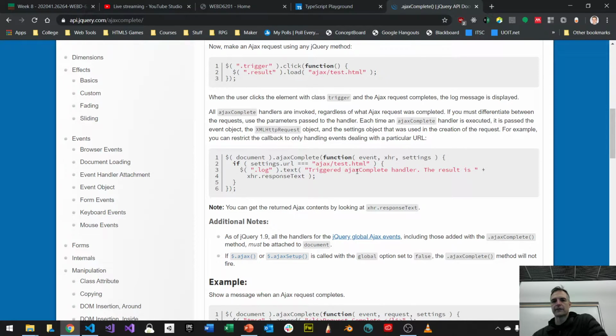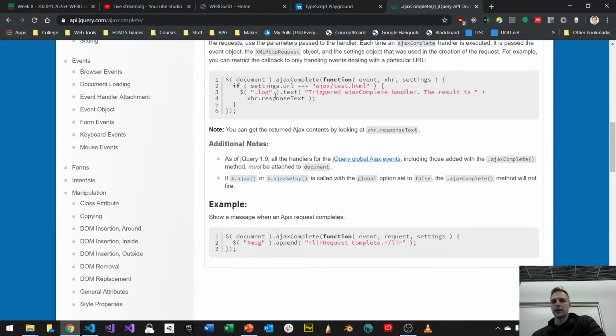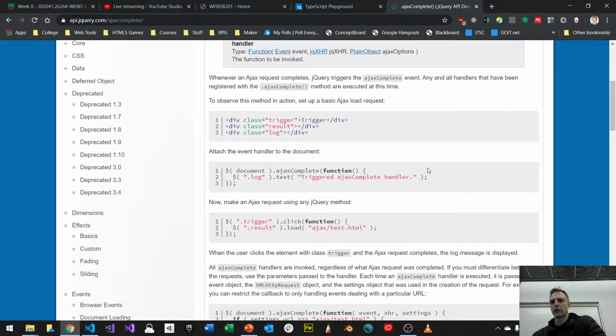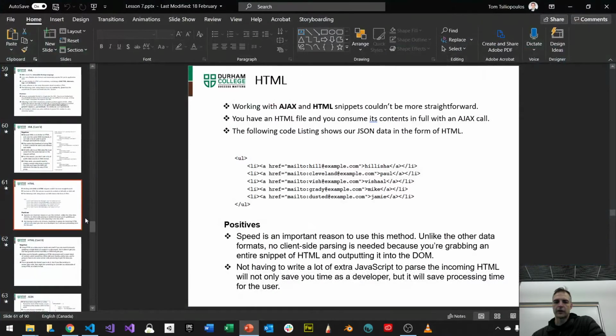So here's my event, right? As an example, this is the example. If settings.url is equal to this, then do something else, do a log or whatever, right? And xhr.responseText, that's going to be equal to whatever the response text is going to be, right? And this is based on the whole document when Ajax is complete. So if I was going to do this, Ajax complete, then I could probably use Ajax with jQuery the whole time. And this is a good segue for what I want to try and do with you guys